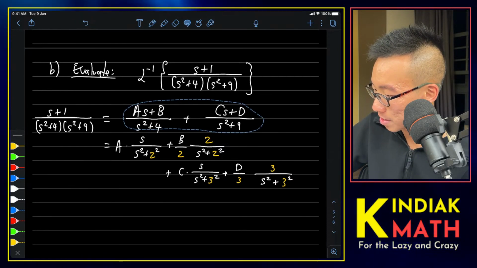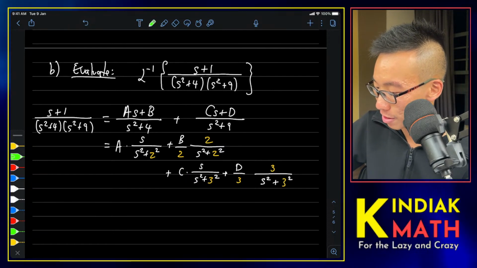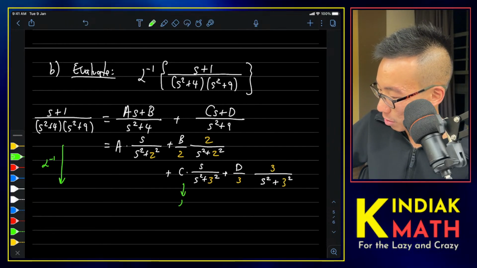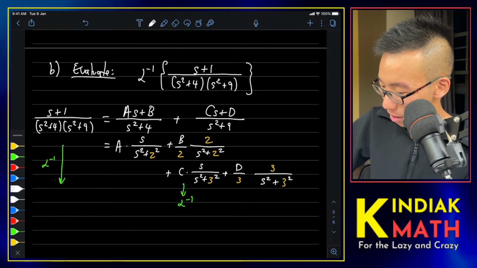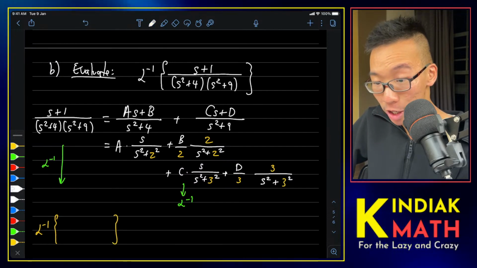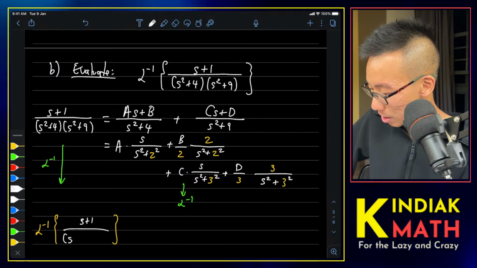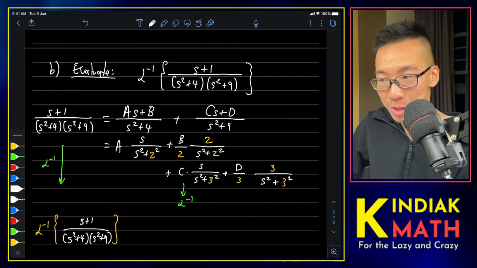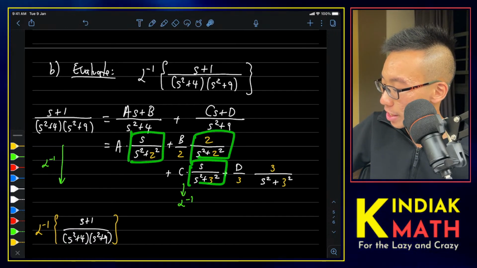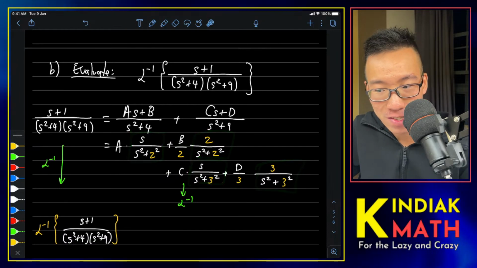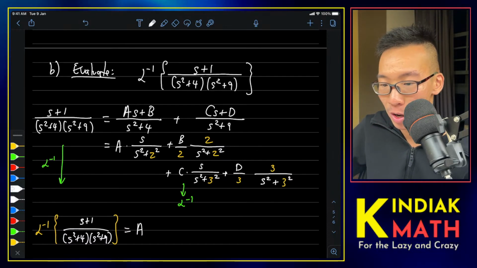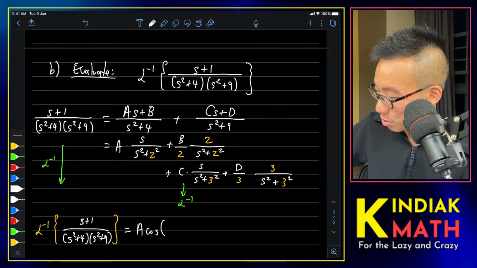Well, the reason is because we can actually take the Laplace inverse right away. On the left hand side, we're going to take the Laplace inverse of the entire fraction, which is what the question is asking us to do, right? We can do that. On the right hand side, we can take the inverse Laplace transforms of each of these terms, and I'm going to let you check that using the math table, we're going to get the cosine of 2t,